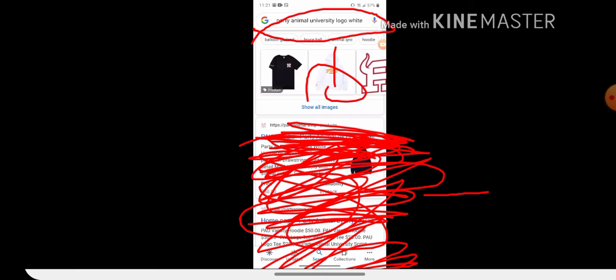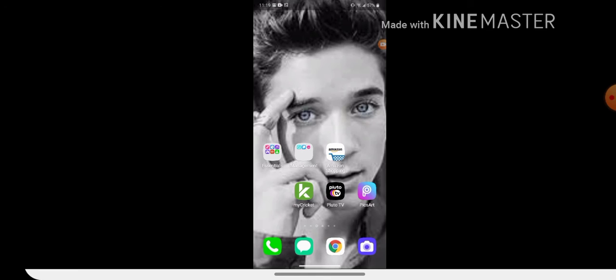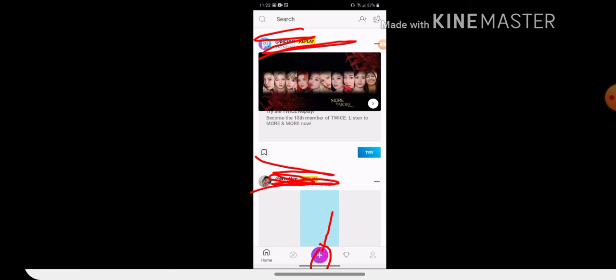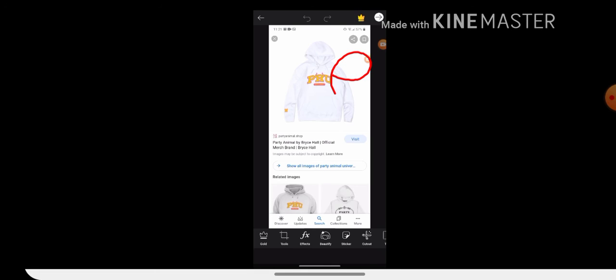Then go to Google, search this, and then click that. Screenshot it. After you do that, you're gonna want to go back to Pixar and hit the plus. Then you're gonna have to hit that image, and then you wanna hit